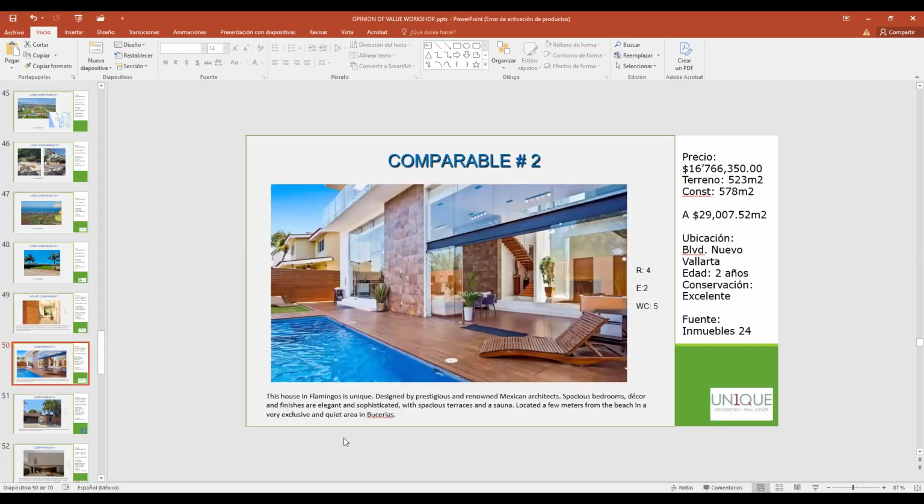Number 2 is another house with a swimming pool, 16,760,000, and this house is in Flamingos. It is unique, designed by prestigious and renowned Mexican architects.